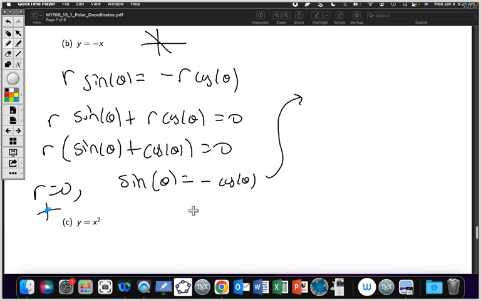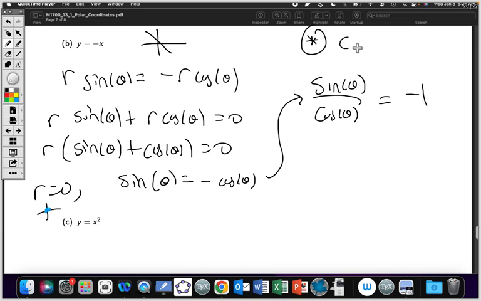Well, we could divide both sides by the cosine of theta to get tangent involved. Now doing this, we assume that the cosine of theta can't be 0. But do we care about that in this particular situation? If the cosine of theta were 0, then theta would be pi over 2 plus any multiple of pi. If theta is pi over 2, that's getting us the positive or negative y-axis, which we're not interested in. So we could go ahead and just simplify this. The tangent of theta is negative 1,